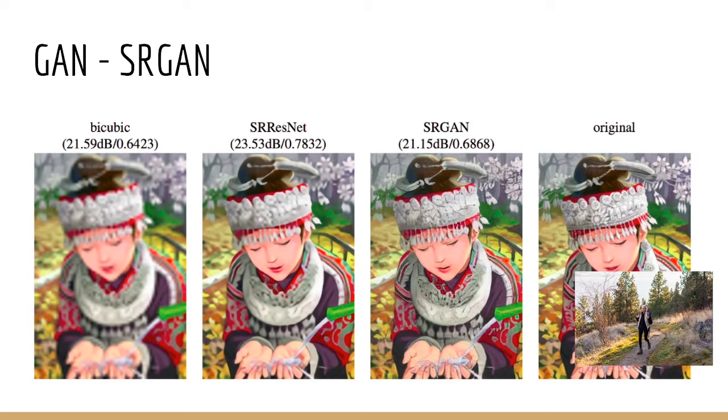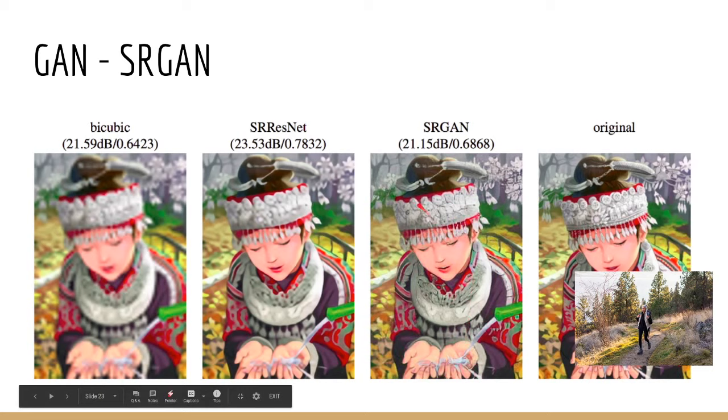SR ResNet is not able to work as optimally as an SRGAN. With SRGAN, you're able to get very good sharpness of an image, but you should also observe the hands in particular. This is what I meant by hallucinating images. The network thinks that the fingers should be in this shape, but that is not the case. It is able to approximate, but it's not able to get a good